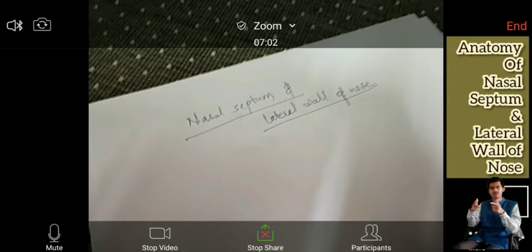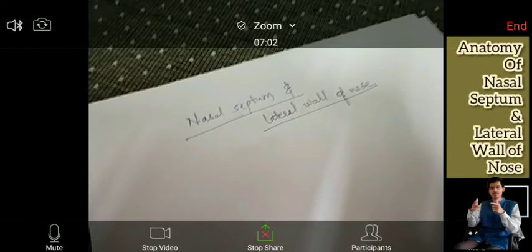So, you understood how, and if you see this, columella, vomer, if you see this columella, this is also a bony part. Okay, and there is inferior nasal cartilage. So just namesake, you have to remember all these things. Okay, now, so you saw how is the formation of nasal septum happening.